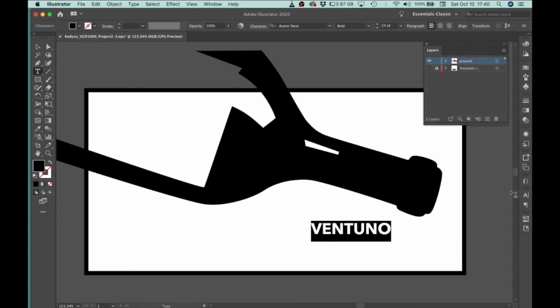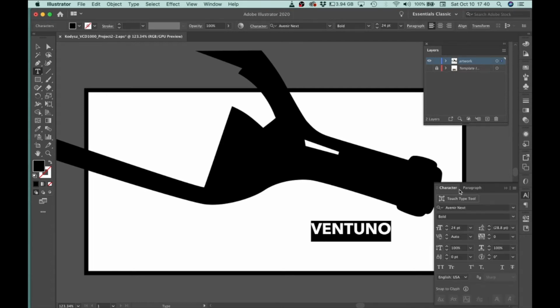If I go into my character window, so I'm down here, and you can see if you're not sure what these little buttons are, what kind of window or what they're going to do, just hover over them and the label for what they are comes up. So this button here with the A inside is a character window. If I click on that, I get some options,